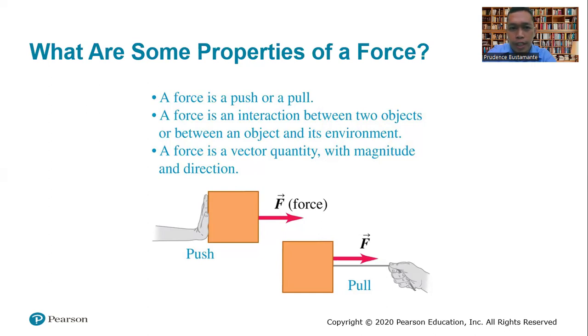Or pwede po siya interaction between usa ka butang o ang iyang environment. So example ana kanang interaction between two objects. Imong gituklod ang pultahan, interaction nimo sa ikaw ug ang pultahan. Og kanang gitawag object og environment, example ana is kung for example kita ang atong object, ang atong environment is we are influenced by the acceleration due to gravity.